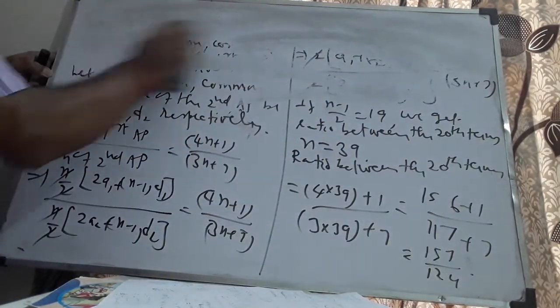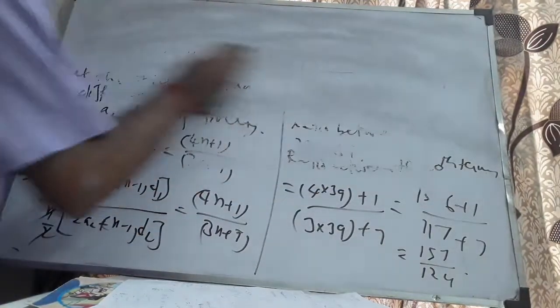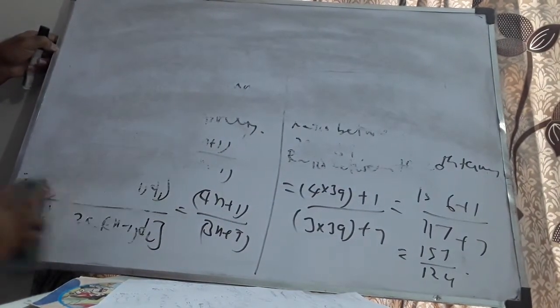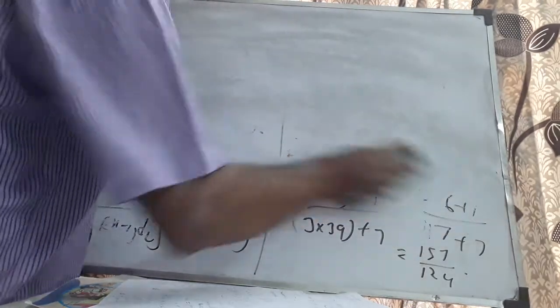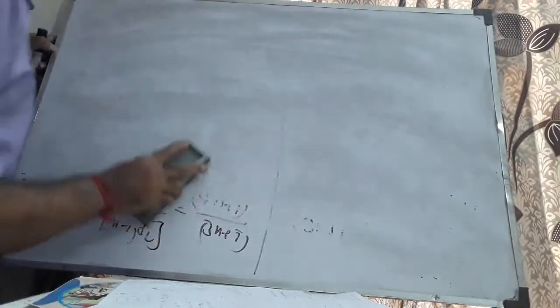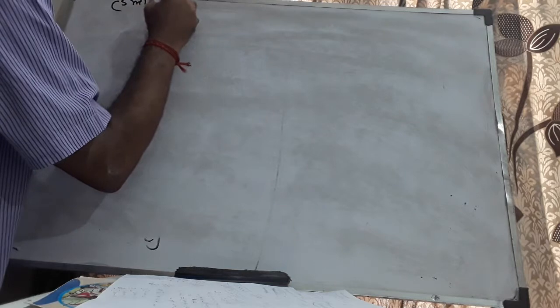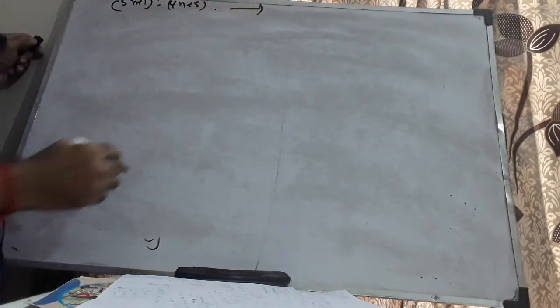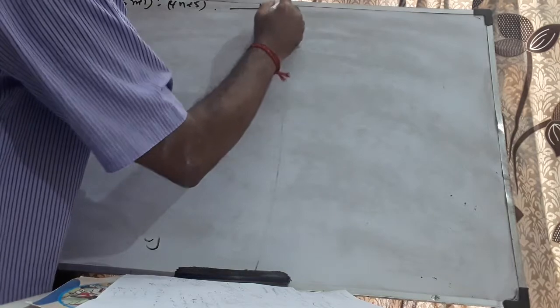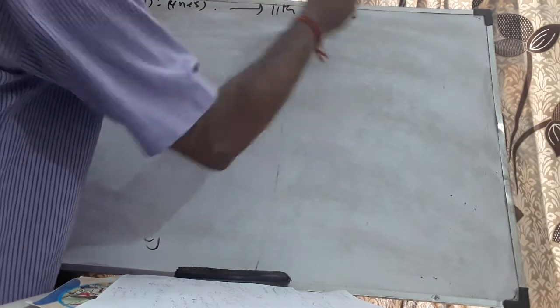Okay, we'll discuss one more problem of the same type. Just for practice, if you go through it and learn, it will be easier for you to apply your mind in any examination, any test for that matter. The ratio between the sum of first n terms of two APs is given to be, let us say, 3n plus 1 is to 4n plus 5. Find the ratio between, let us say, the 11th terms. Let us just try what happens.